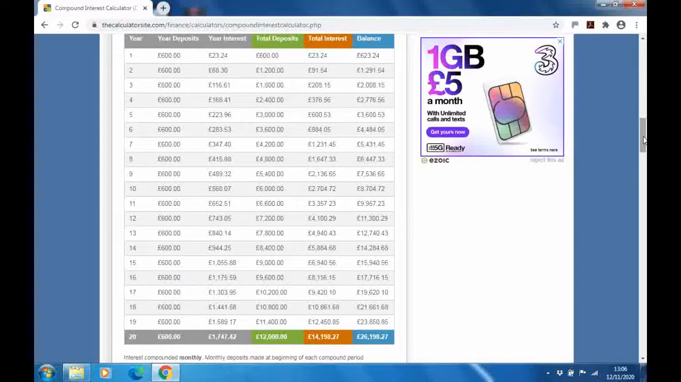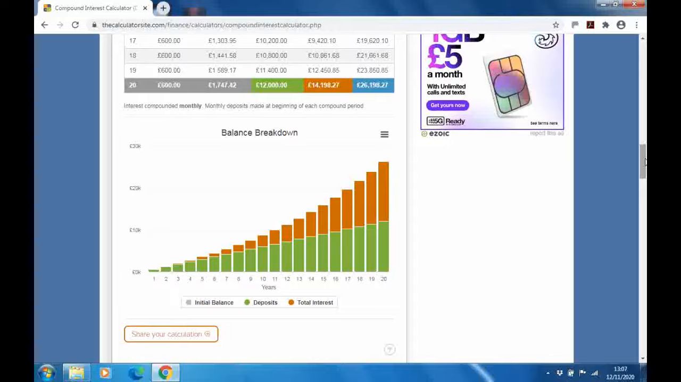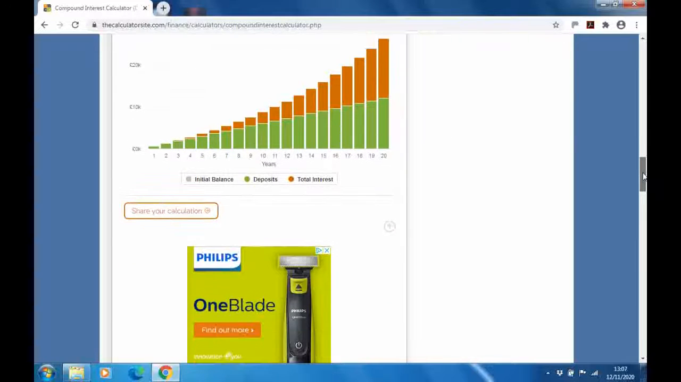For the 20-year period, you can see the amount of the deposits keeps the same, £600 every year. The interest you're earning just goes to a new balance, and it just keeps going up and up and up. So that's the power of compounding. It also gives you a graph. That starts off with your deposits, and look at the interest that gains in the graph. It just flies up and up and up over time. It's a fantastic way